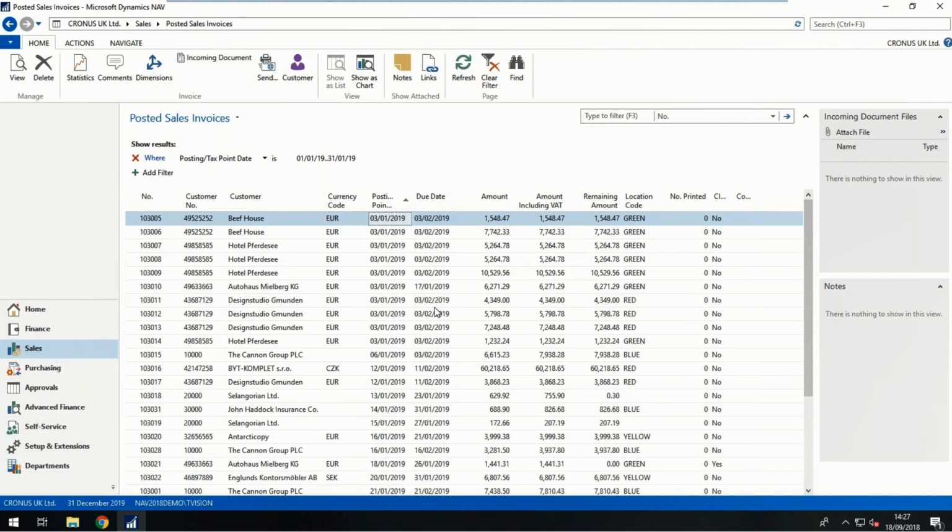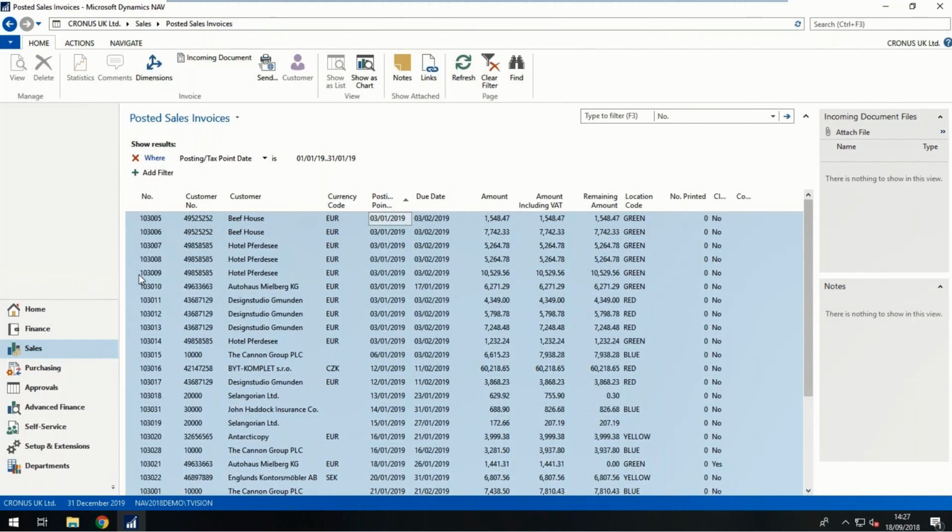If I can't answer the question while the person's sitting at my desk, or they'd like a copy of this that they can go away and work with, I can highlight all the rows. I'll highlight them by just clicking in that blank cell up in the top corner here. That highlights everything for me. I right-click, copy the rows, and once I've done that, I can open Excel